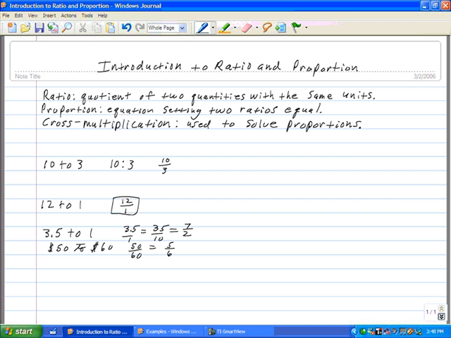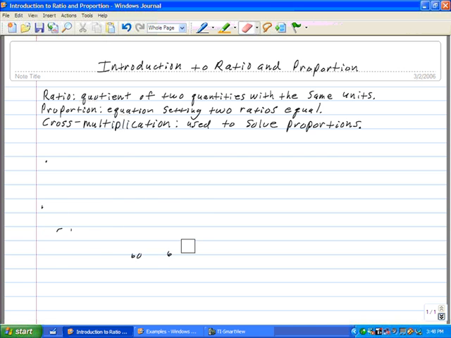Now, something that usually is thrown in with ratios are some things called rates. What a rate is, simply, is a ratio where the units are not actually the same. So if you're looking at something like, say, 400 miles over 8 hours,